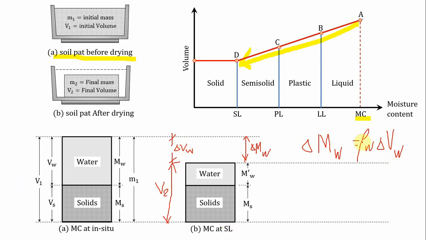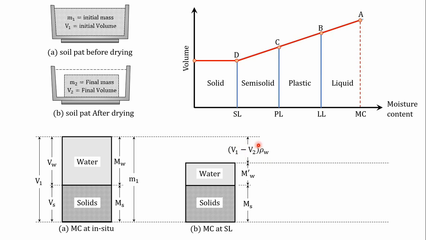Okay, so using this formula, class, density times change in volume, we have the height of V1 minus V2 times the density of water. Okay, so this is the element diagram wherein the moisture content is located at the shrinkage limit. Kapag ipa-further drying ko pa siya, class, tingnan nyo, yung B natin is located at this point, D. Kapag ipa-further drying ko pa yan, class, from D to this point, talagang walang matitirang tubig dyan kasi